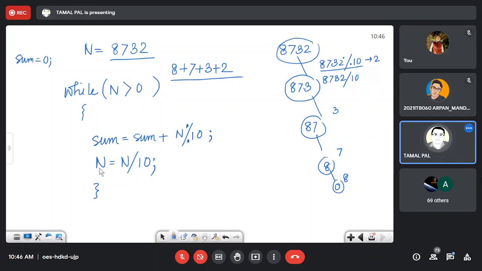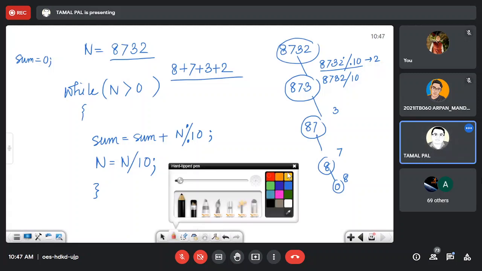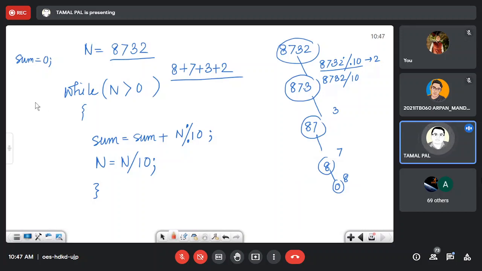So let's check whether it is executing or not. Let's say sum equal to 0, that means at the beginning your sum variable contains 0. n greater than 0, n is this value, so it is greater than 0.